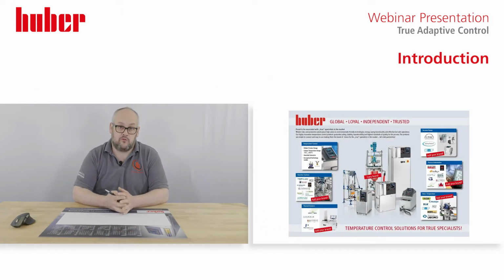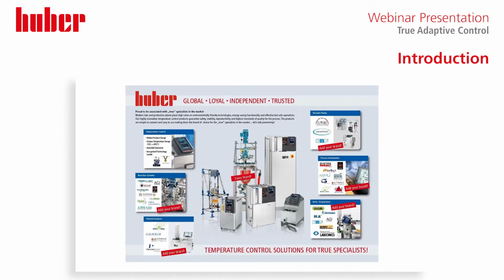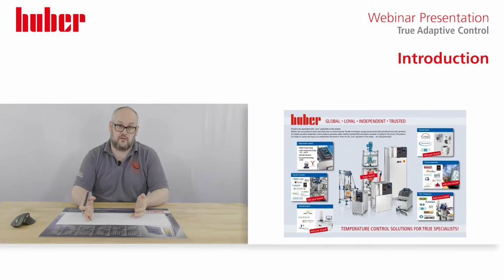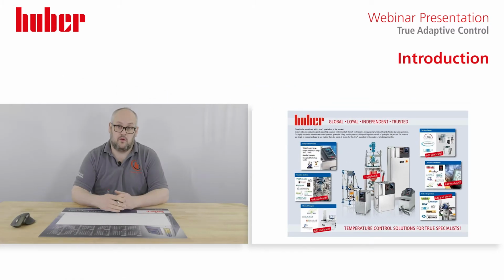Since the early 80s, Huber has worked with many chemical companies and with many providers of reactor technology, be it glass reactors, stainless steel, glass-lined stainless steel, and the latest variants of flow reactors, plug flow reactors, and photoreactors. We work with the world leaders in these fields, and this can be seen in this slide here with all of our friends that we work with. And then, working from our case study catalogue, we've learned how to tune reactors as well to get the optimum